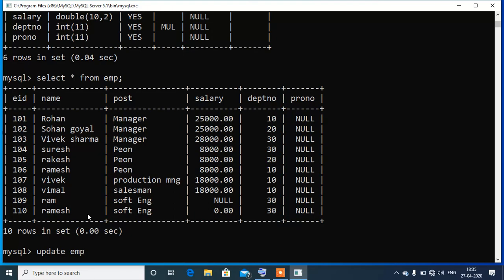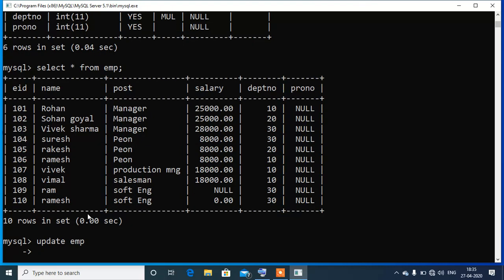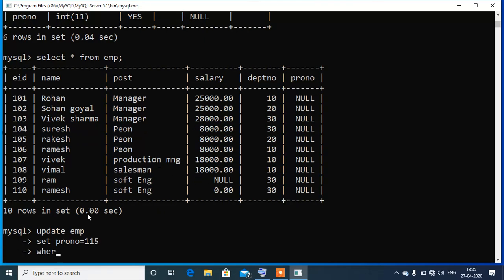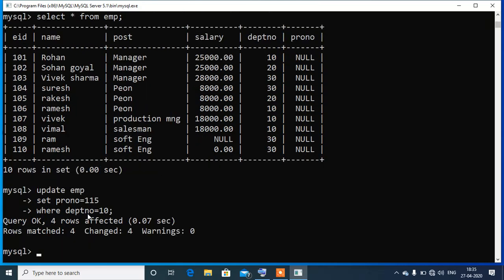We just write update emp, then after set column name pro number is equals to new val. New val means new value 115, where, and then the condition, and now the condition is where the department number of employees is equals to 10. Now see, 4 rows affected.